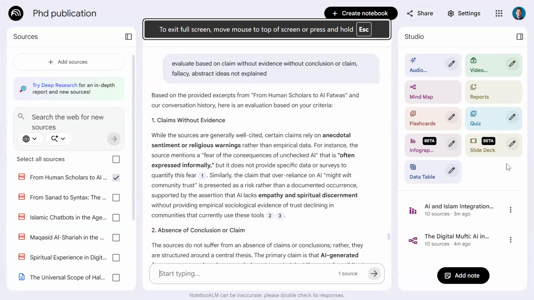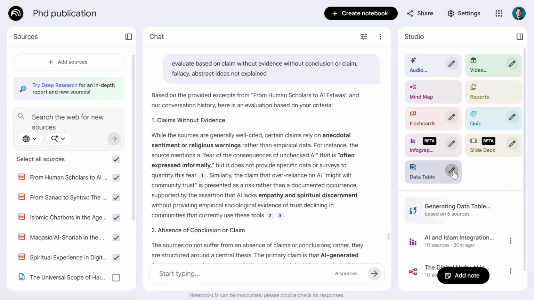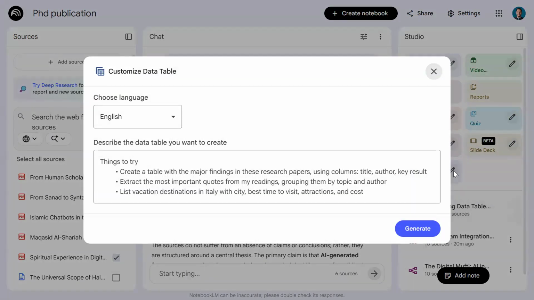Go to Studio, but again, don't forget to tick all of the papers that you have. Just take all of the papers. It's only 5 here, but if you have 30 or 40, it's good. And then you move to Studio and Data Table. Just click this one to edit. Whichever language you want, you just choose it. And which one you want to focus on. See, NotebookLM also already gives you